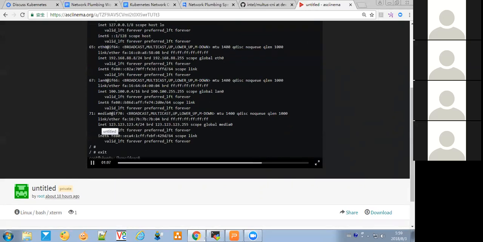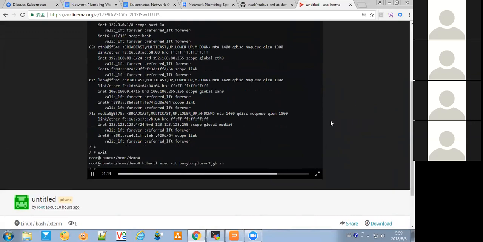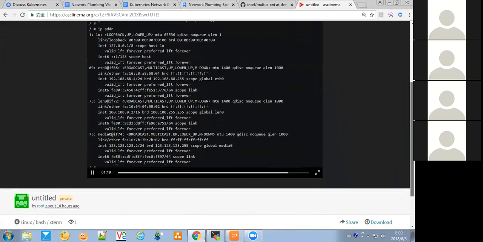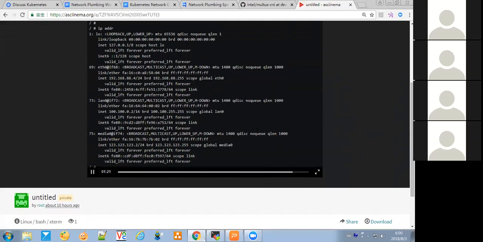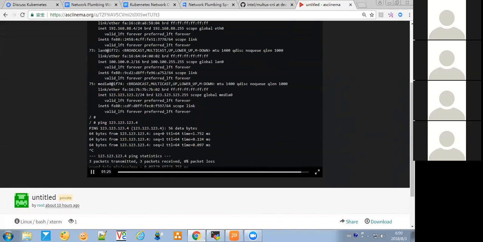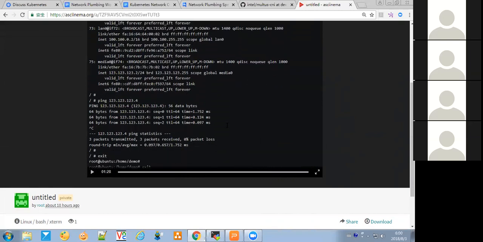The port gets the media0 interface. Another pod as well. We can ping from the new network.